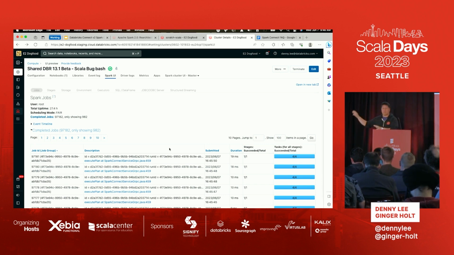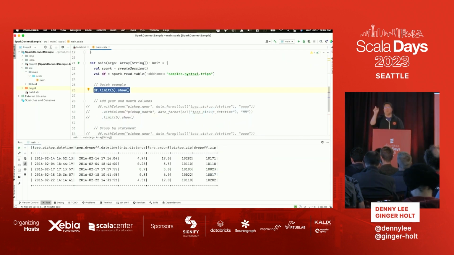You can also debug, I wanted to call that out. The other thing I wanted to call out was Visual Studio Code. With Visual Studio Code, we have an integration there, so whether it's IntelliJ or Visual Studio Code, you're good to go on either account.